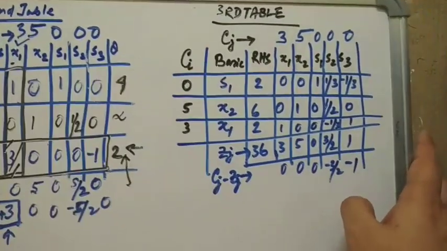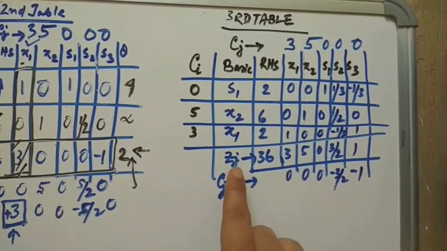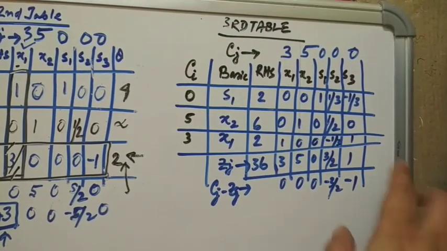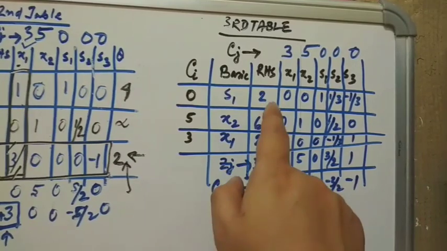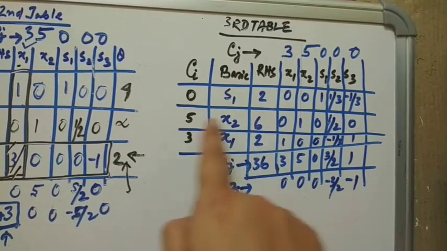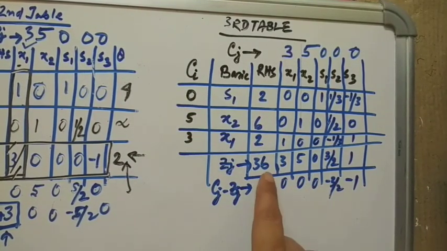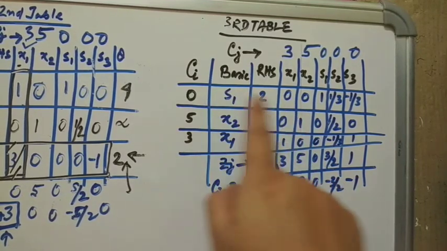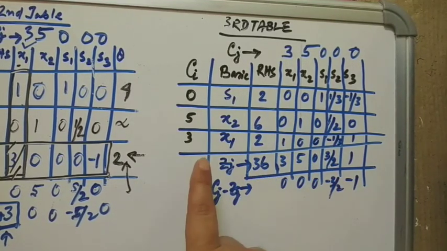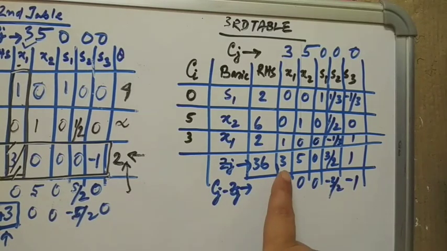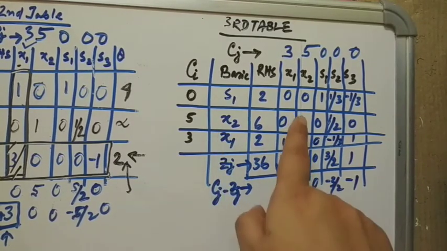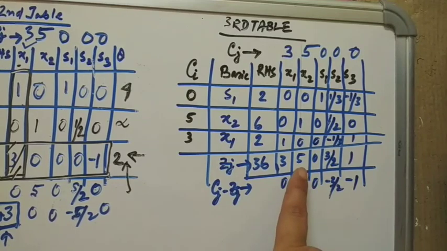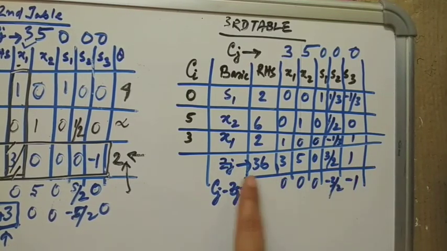Okay, so last of all, I have calculated Zj and Cj minus Zj value. Look, Zj I have calculated like this: 2 into 0 plus 5 into 6 plus 3 into 2. So for this one we are getting 36, and for this one 0 into 0 plus 5 into 0 plus 3 into 1, that gives you 3. For this one 5 into 1, rest of this is 0, so 5. Okay, similarly I have constructed this all using the same value.